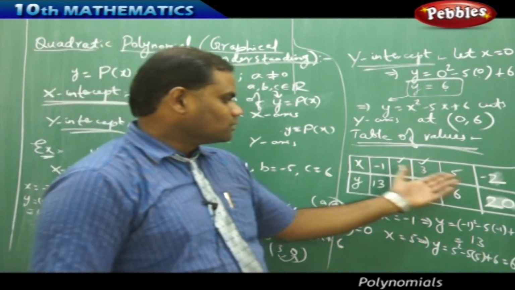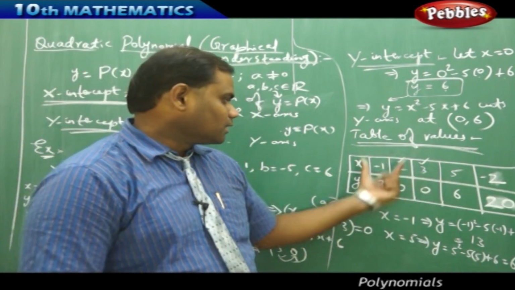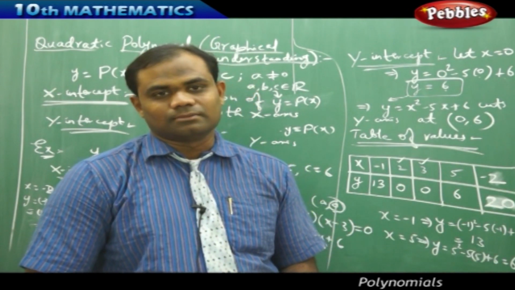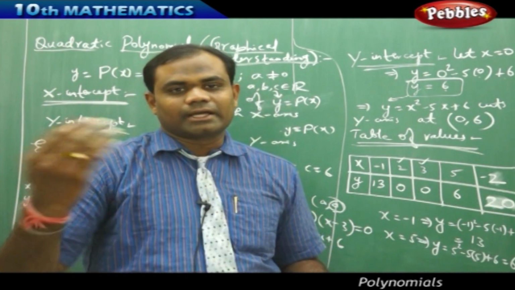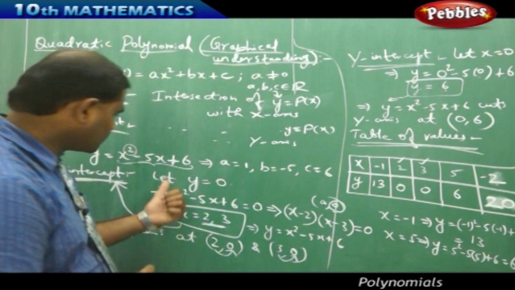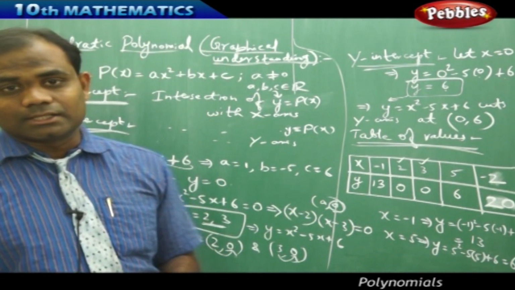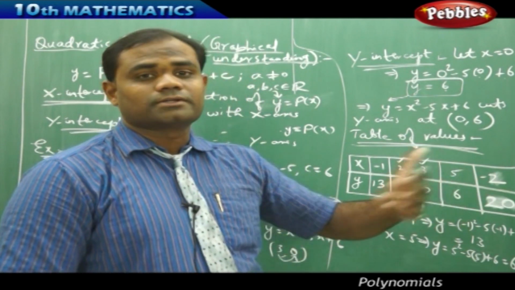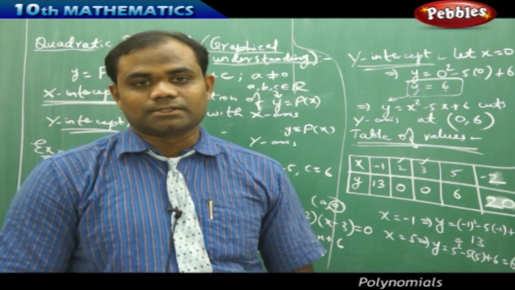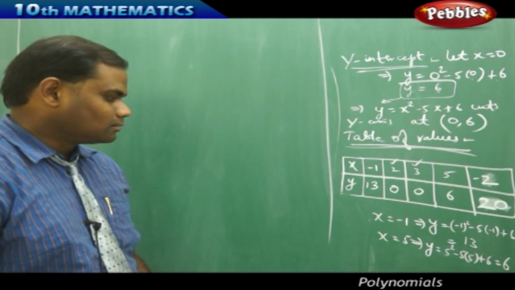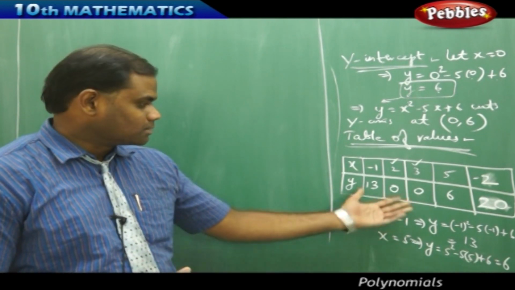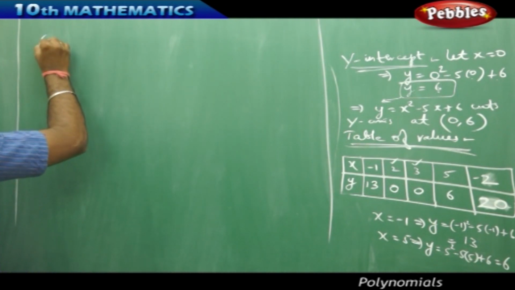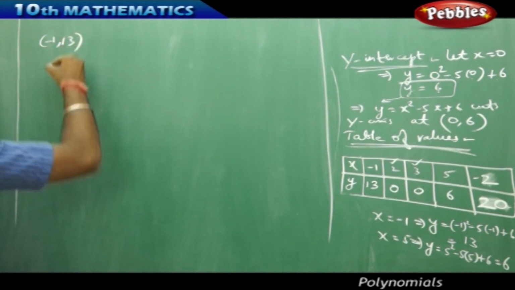Now with these five values obtained, each column giving a corresponding point, I'm going to plot them on the real xy coordinate system, and when I join the points, I get the shape of the given quadratic polynomial. So let's see how the shape of the quadratic polynomial would be when I plot these points. Now continuing with drawing the graph, let's plot these points, with the first point as (-1, 13),